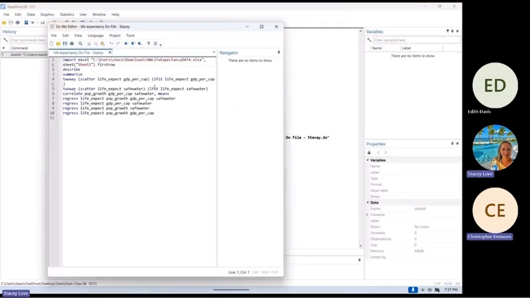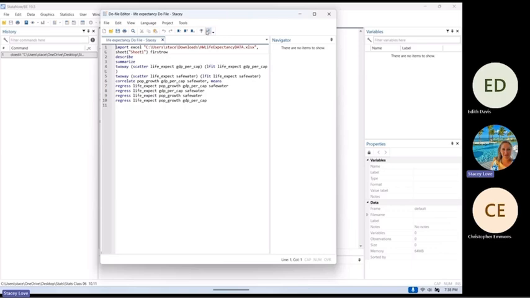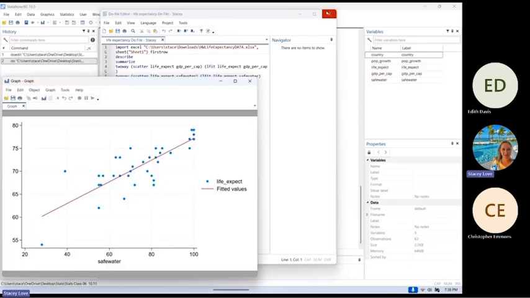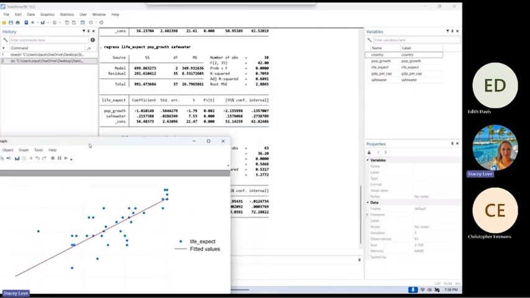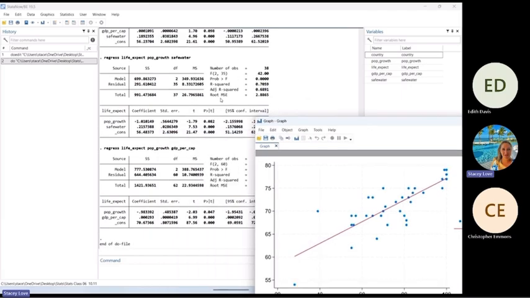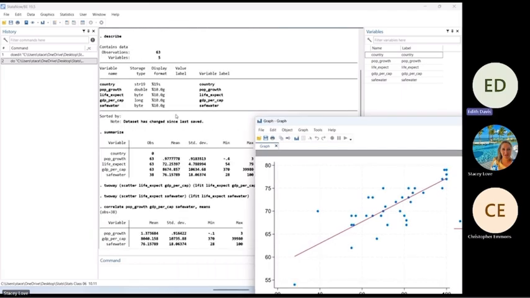Here's my do file that I saved. I just want to open it because I'd already saved it. So if he said, okay, pull out your do file and rerun, you're going to open it up and see how it already opened. What you're going to do is go right here, execute. Yep. And now everything just popped up. So we've got our graphs here. I don't know where the other one went, but we have our graphs and everything else we did is all here. Okay, so it includes